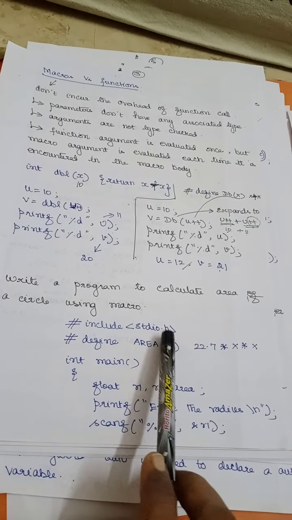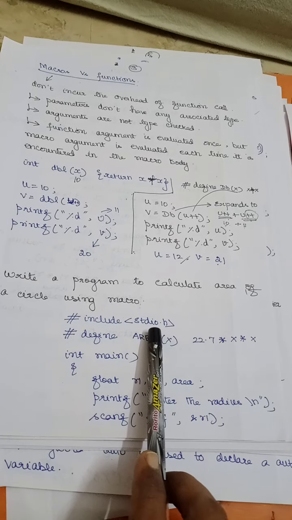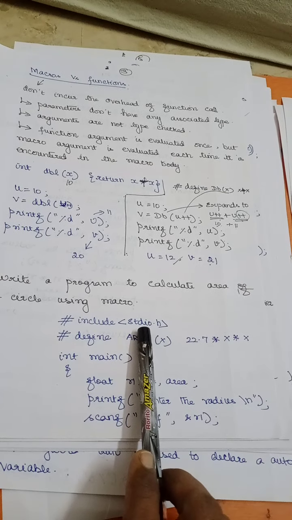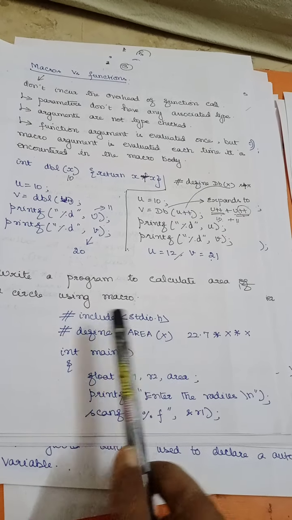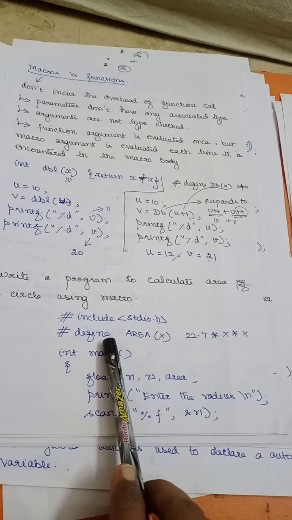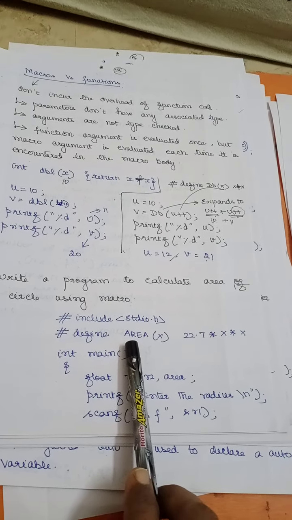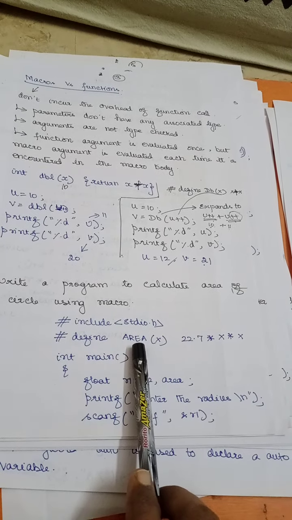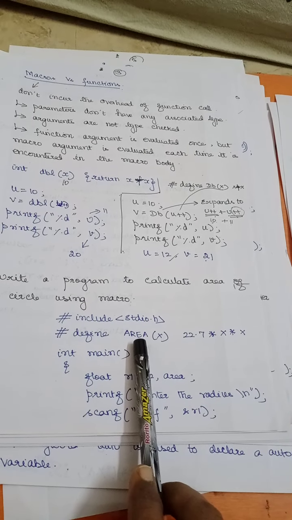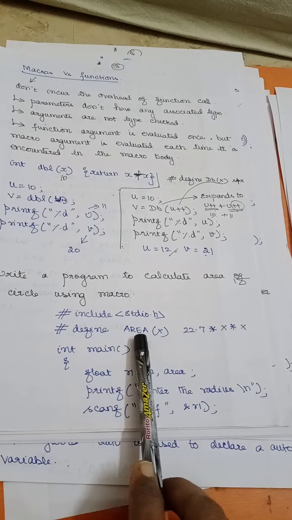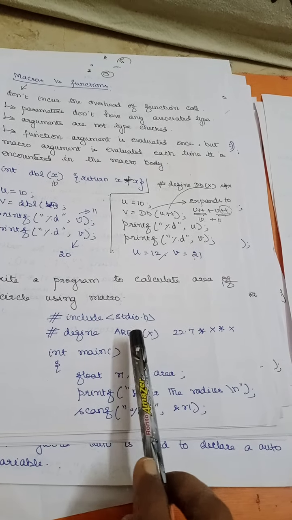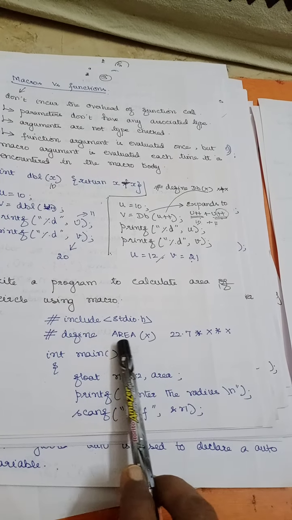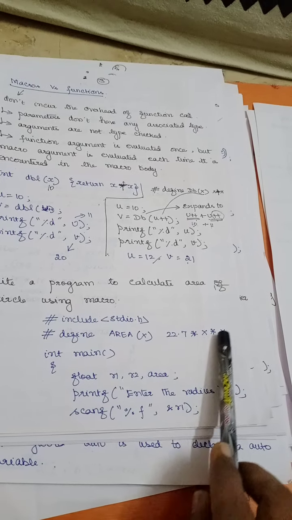So #include <stdio.h>. This is nothing but what? File inclusion directive. Here this stdio.h is being searched in the predefined directory, right? #define means we are defining the macro, and a macro usually starts with capital letters. You can also write it in small letters, but generally, to differentiate from normal variables, you use capital letters. Since it is a function-like macro, you need to have a parenthesis immediately following the macro name, so x, and then wherever you have area of x, that will be replaced with this statement.